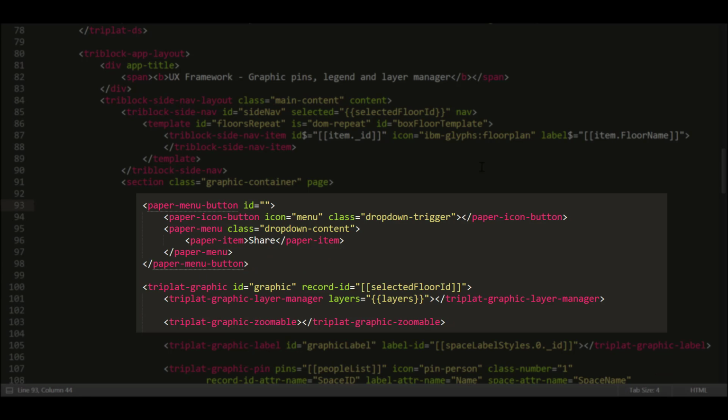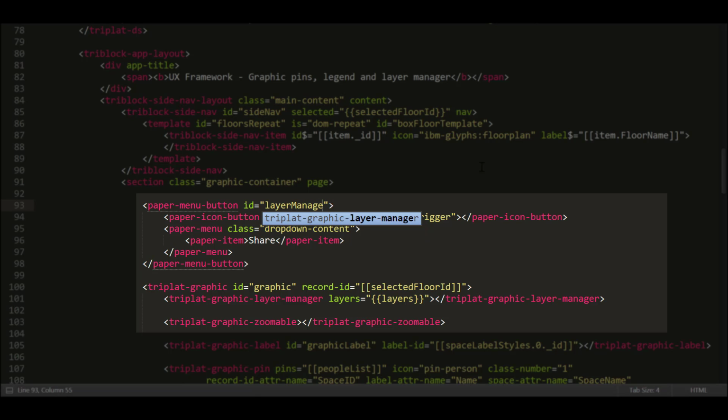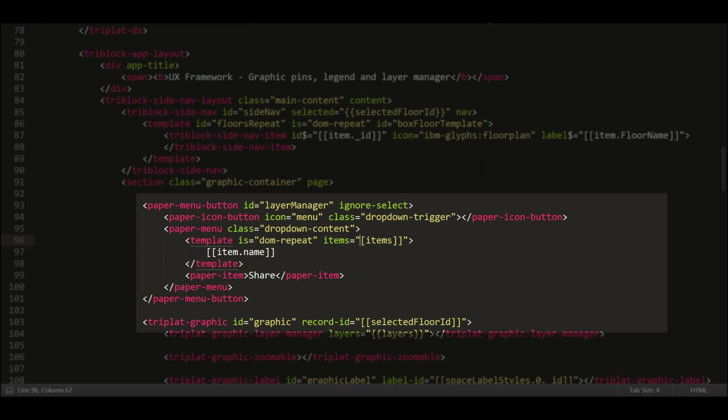I will set the ID of the paper menu button to layer manager, and I will set the ignore select property so that when the user selects, the menu does not close. Now I will iterate over the layers variable, and for each element in the layers list, I will